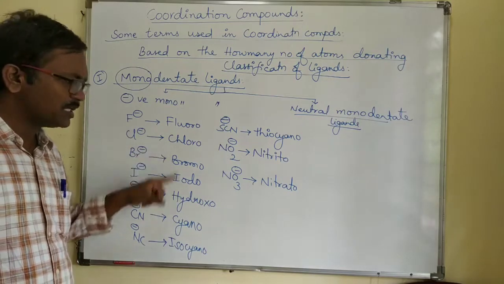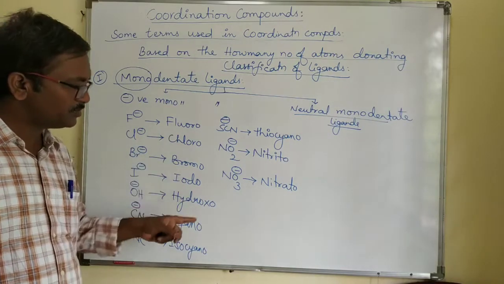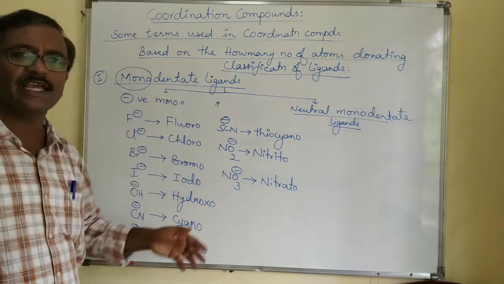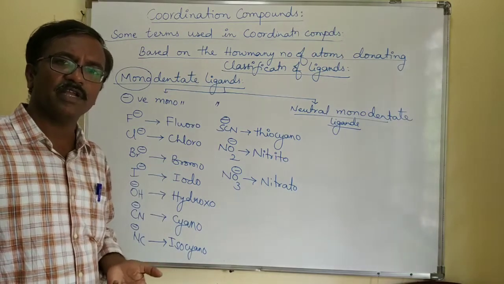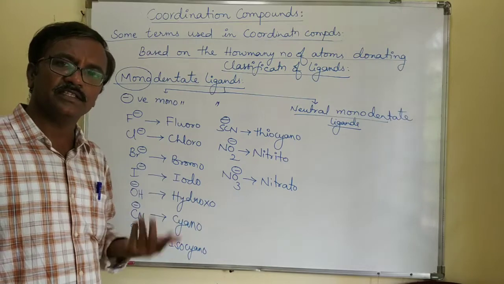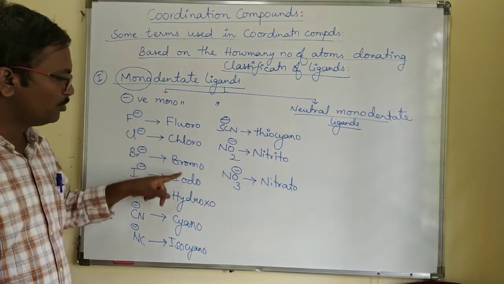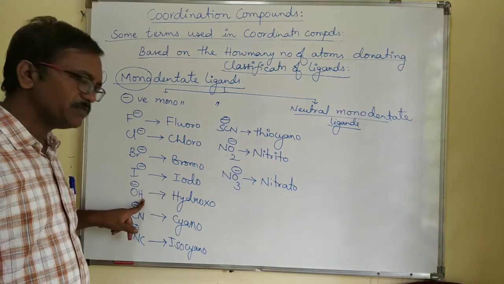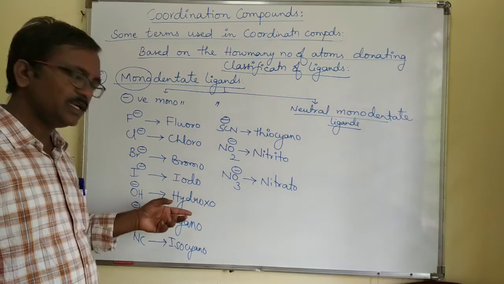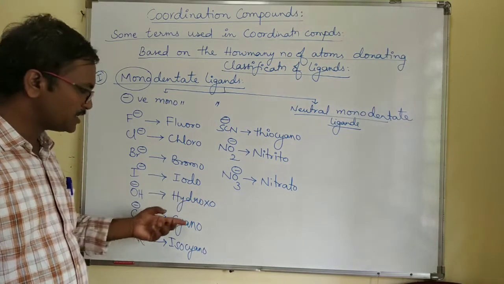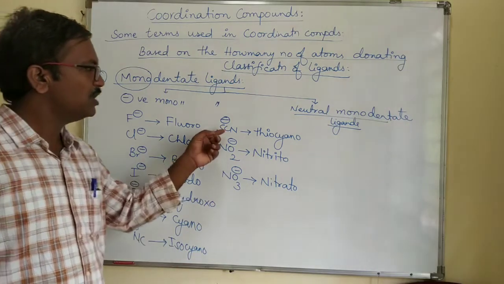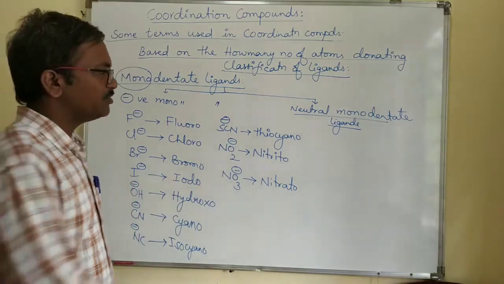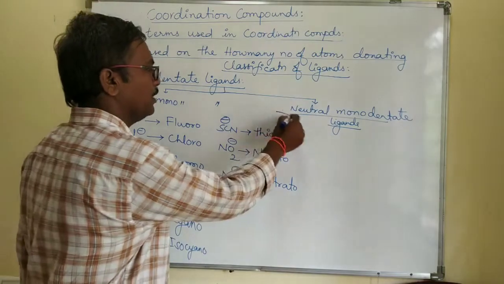You should practice at least two to three times. If you practice, only then will you understand coordination chemistry in a better way. If you know the ligands, you can write the nomenclature very well. If you can write the nomenclature, you can understand the theories very well. Fluoro, chloro, bromo, iodo, OH minus, which you can call hydroxo, CN minus cyano, NC minus isocyano, SCN minus thiocyano, NO2 nitrito, NO3 minus nitrato. These are the negative